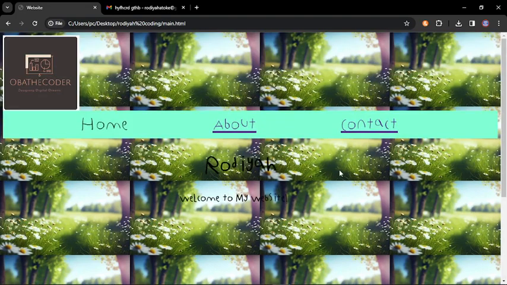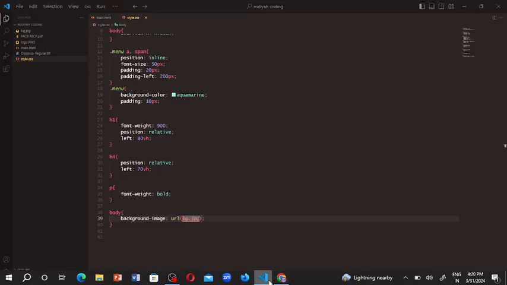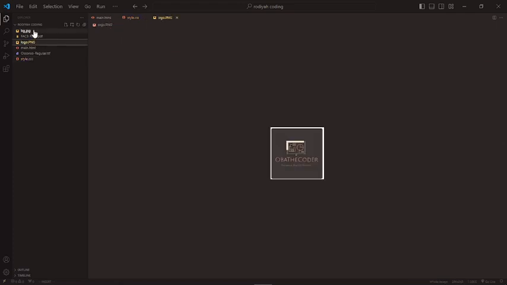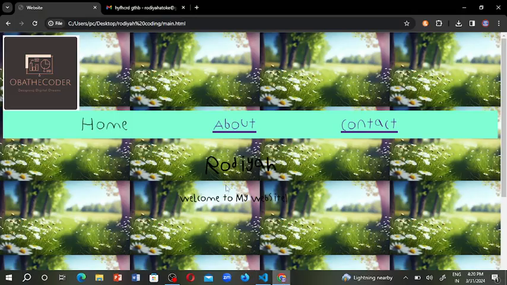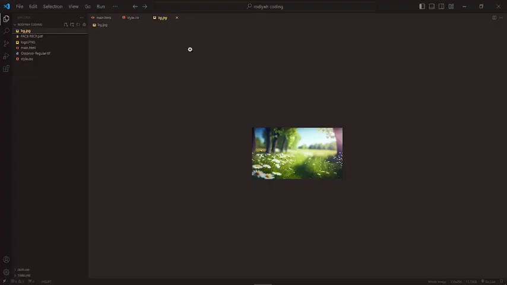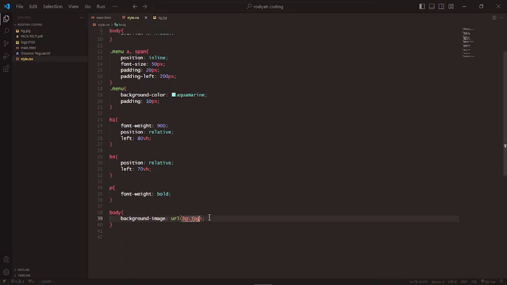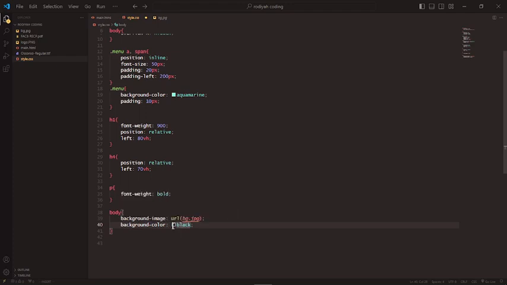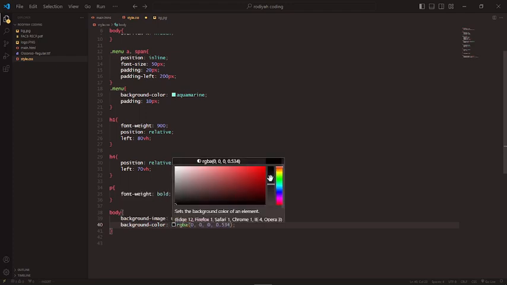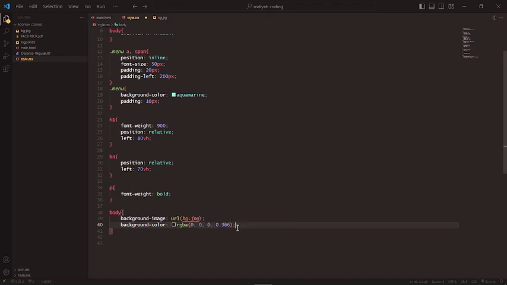So yes, you also have to expect it. If your background is very small, like my own, just look at it. Look at how small it is. That is bound to happen. So to fix that, let me just add the background color. Background color black. And now I'm going to have to change this to this or something. Now I have to add a